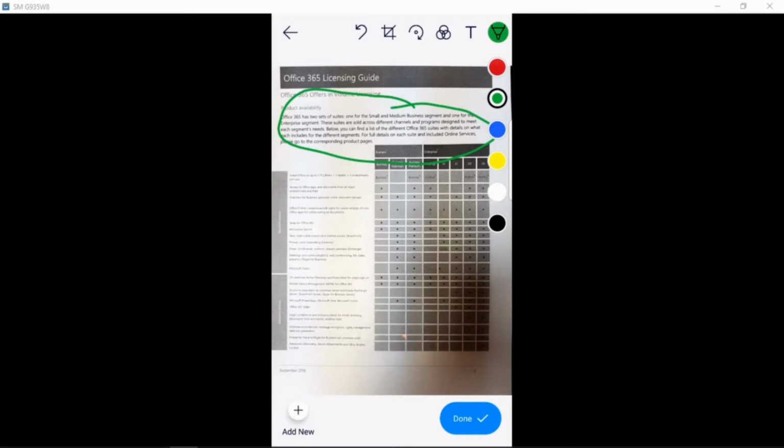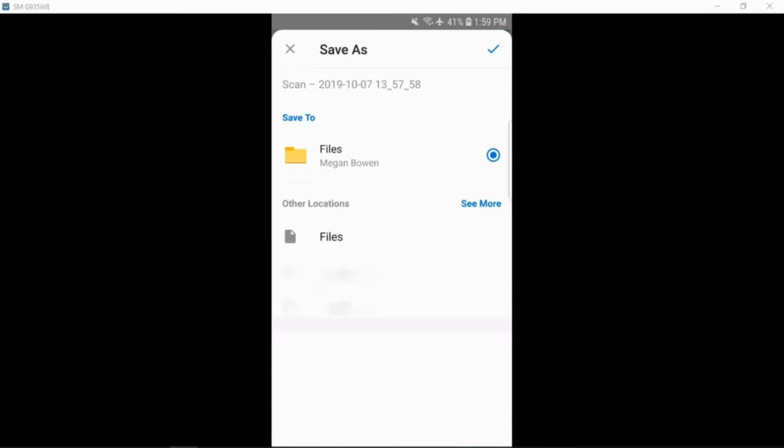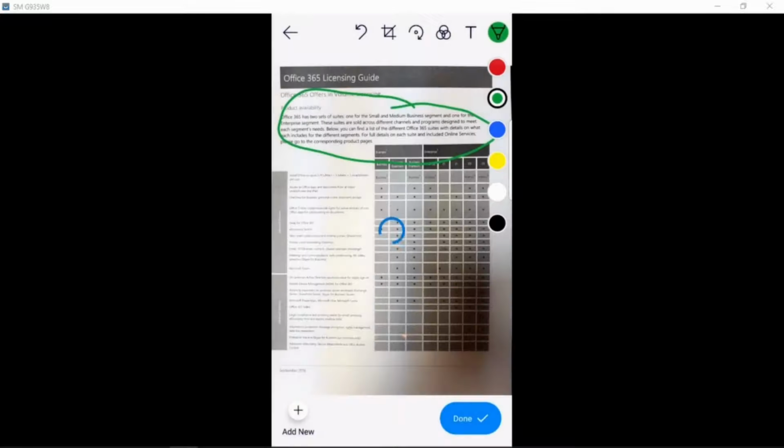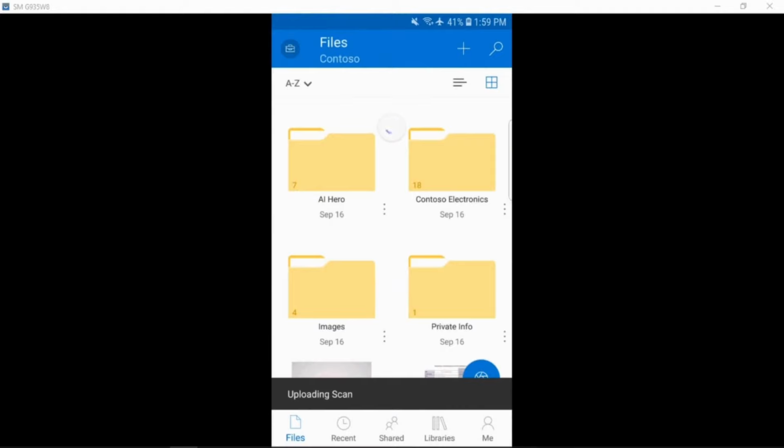So if there was a backside of this brochure that we wanted to take a picture of, we could do that with the Add New button there lower left. But for this case, let's just go ahead and say done. And what OneDrive is going to do is save this. We just want to save it in our folder, but we could go ahead and save it in any of our other directories. We'll go ahead and save that up, and it's actually going to send it up to OneDrive